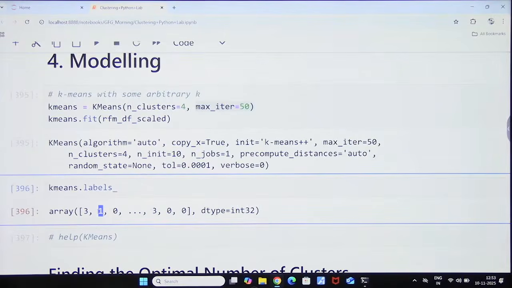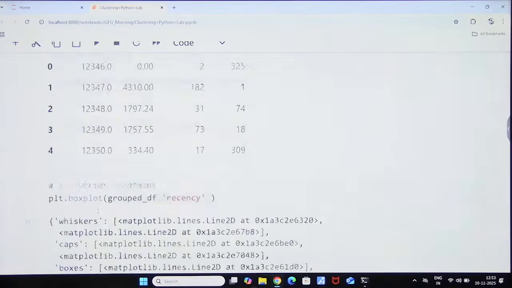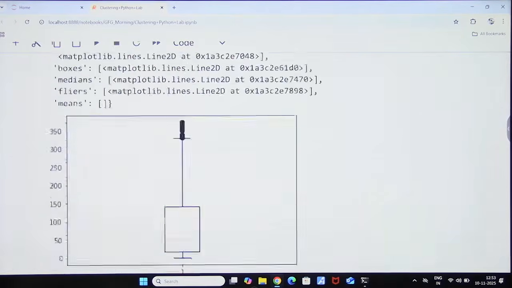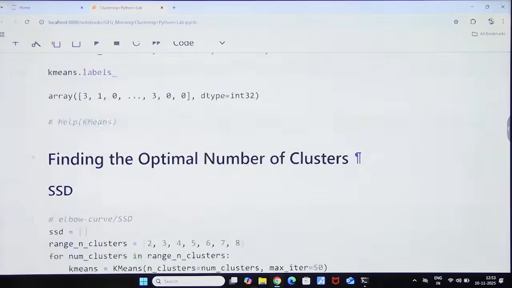अब यहाँ पर लेबल फर्स्ट इज गिवन, मतलब सेकंड ग्रुप में, सेकंड वाले कस्टमर को मैंने सेकंड ग्रुप में डाल दिया। तो what is the second customer, 12347। अब देखो, इसने $4310 खर्च भी किया है, ठीक है। इसने 182 टाइम्स आया भी है और एक दिन पहले आया था, तो मतलब this customer is actually important for me। तो भाई इसको मैं थोड़ा बहुत डिस्काउंट दे दूंगा, तो क्या पता मेरी प्रॉफिटेबिलिटी बढ़ जाए। I hope you are getting this। तो this is how you have to actually create and use K-मीन्स।